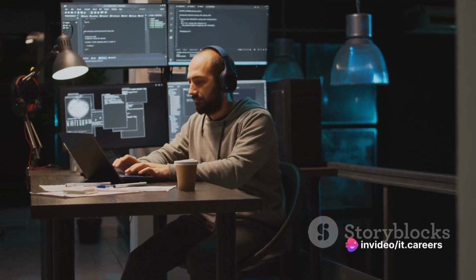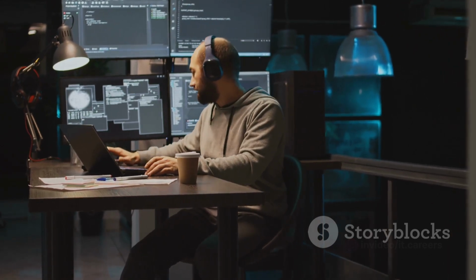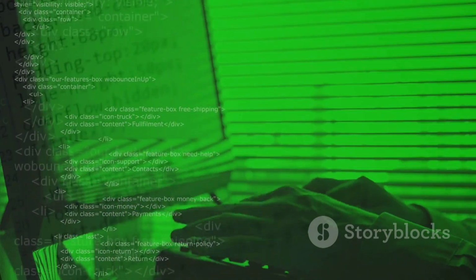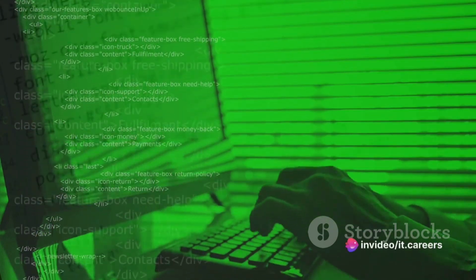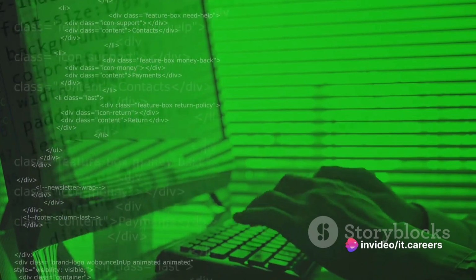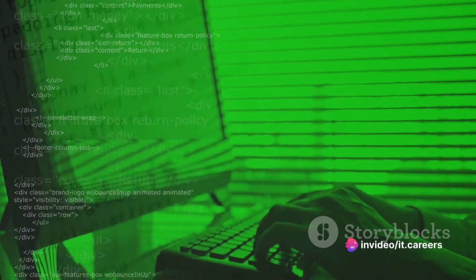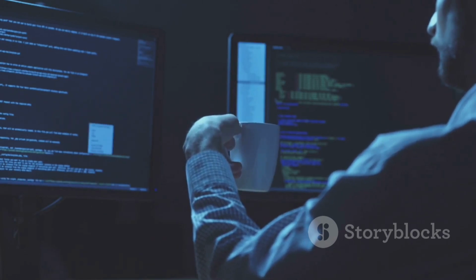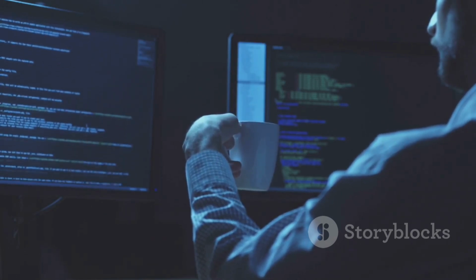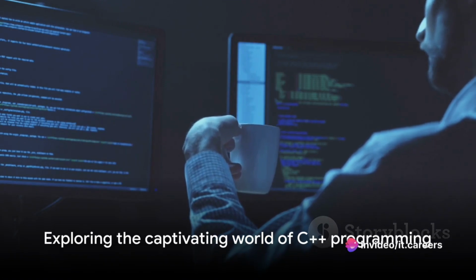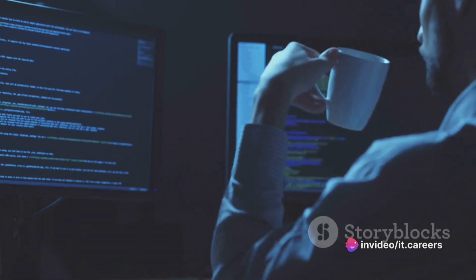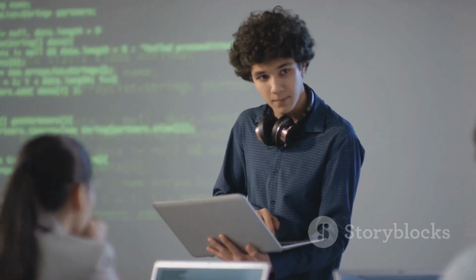We'll explore how C++ is a universal, efficient, and machine-near language and discuss its portability across various platforms. We'll also delve into its object-oriented programming features like data abstraction, data encapsulation, inheritance, and polymorphism. And not to forget, we'll explore the extensions added to C++, such as references, templates, and exception handling. These are just a few of the topics we'll be covering in our journey through the captivating world of C++. So buckle up and get ready to dive into the fascinating world of C++ programming.